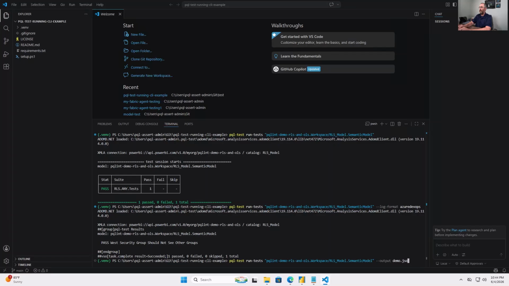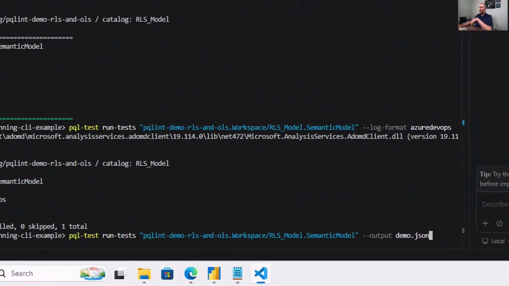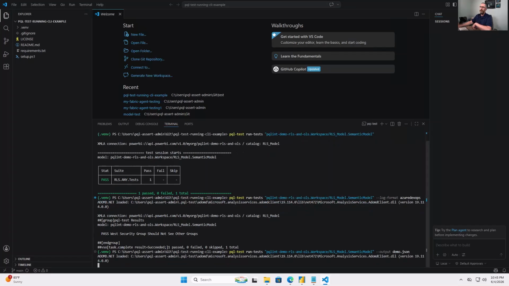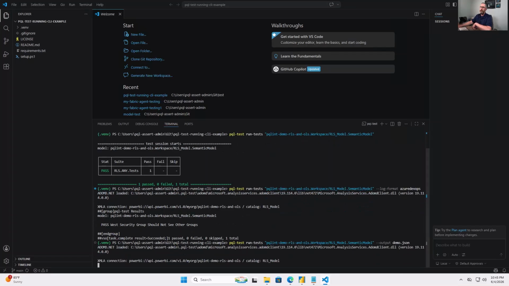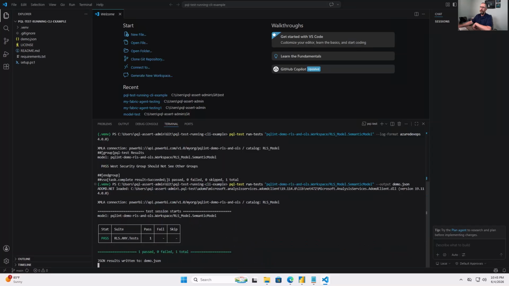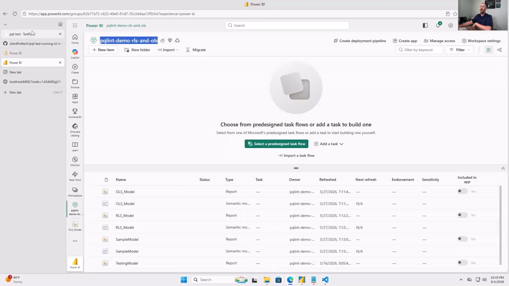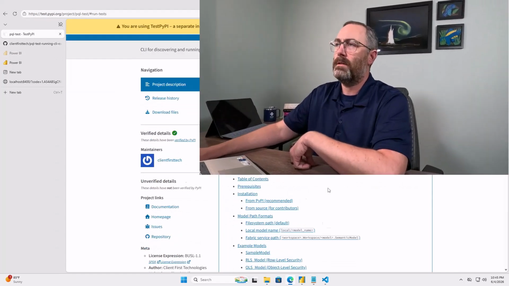So I'm going to type in demo.json for output. So let's say you just want to get the file back. And now we've got the test results here, including the time it took to run. So hopefully you can see the benefit of using the CLI in here. And the kind of important takeaway is we really want to